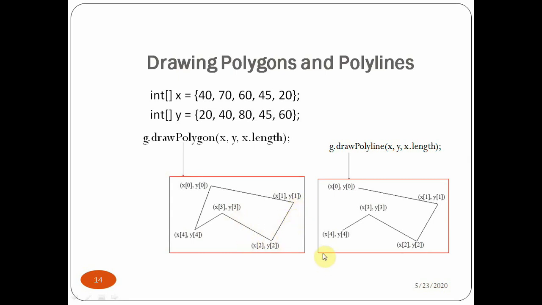Okay, so we have to specify an array of integers to represent the x-axis, that is x coordinate values, and y coordinate values, that is all the points. First of all, we have to store all the points to an x array and y array, and using a loop you can draw the polygon. So in each iteration we can draw each line at a time.